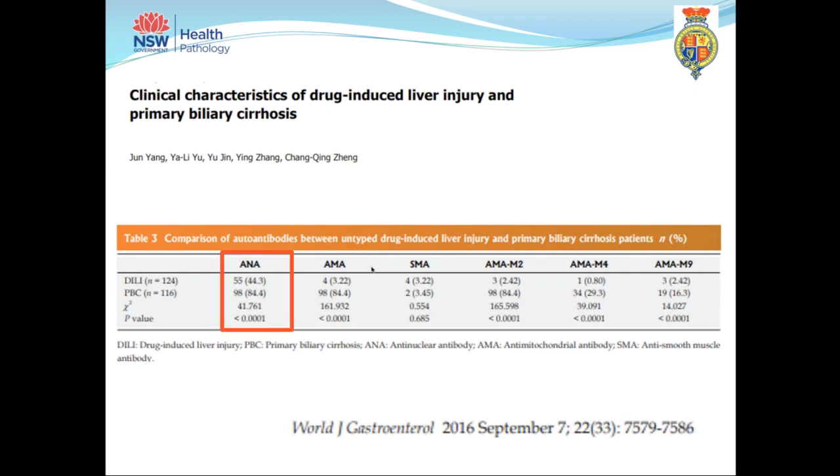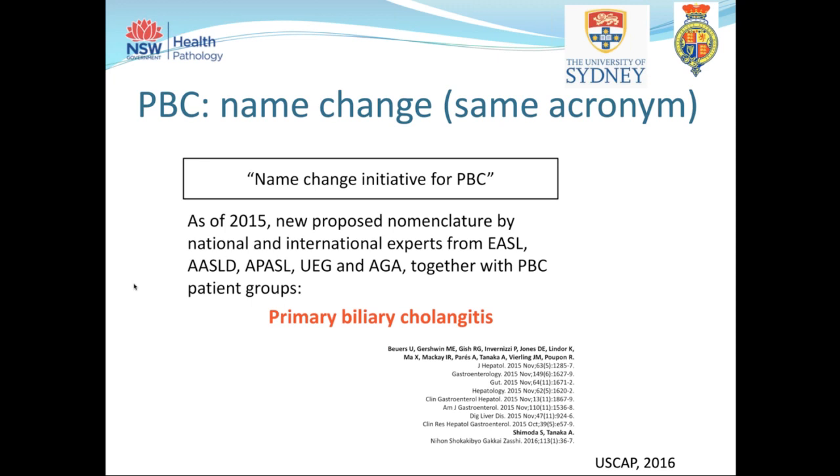And adding weight to this evidence, while ANA as an autoantibody is not uncommonly seen in DILI in this series, up to sort of 44% of cases, a positive AMA titer is actually relatively rare in drug-induced liver disease. So putting it all together, this is consistent with primary biliary cholangitis,